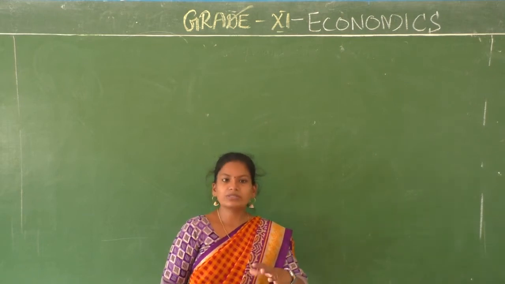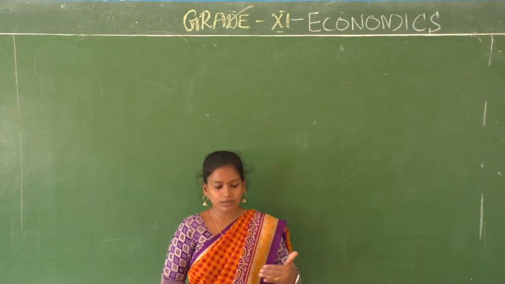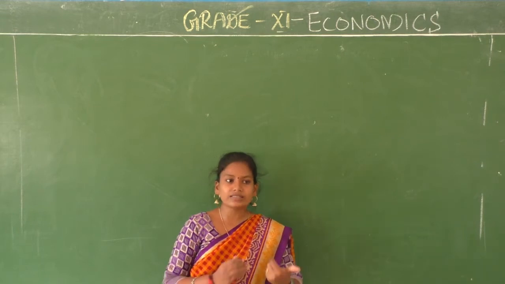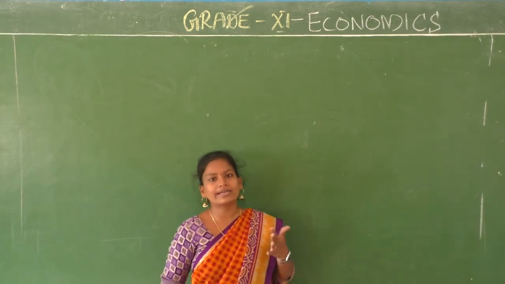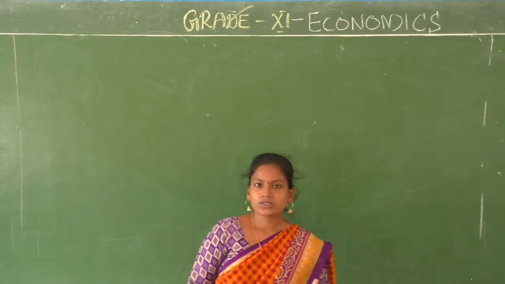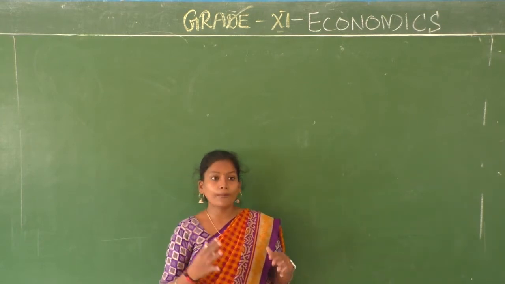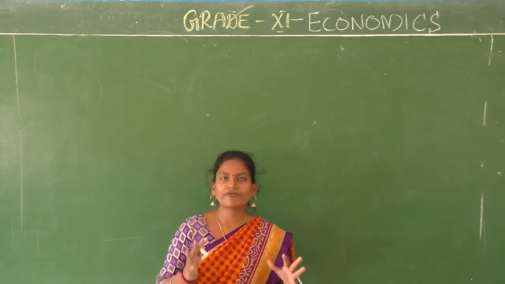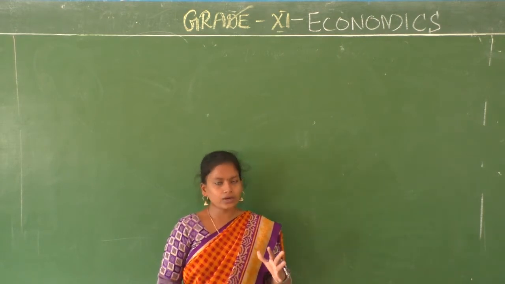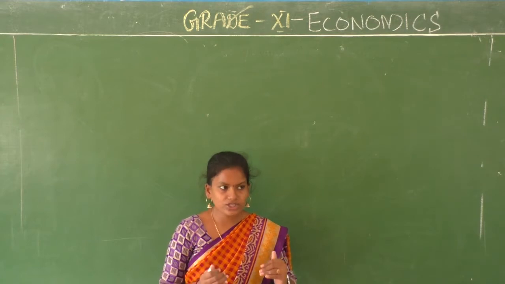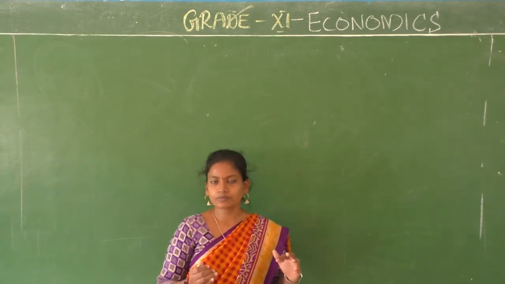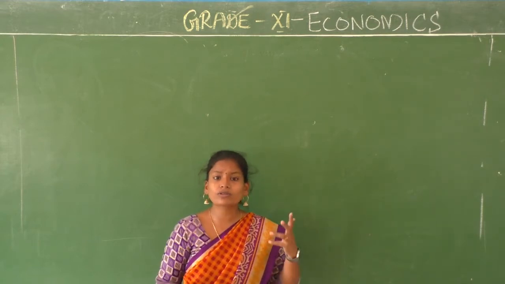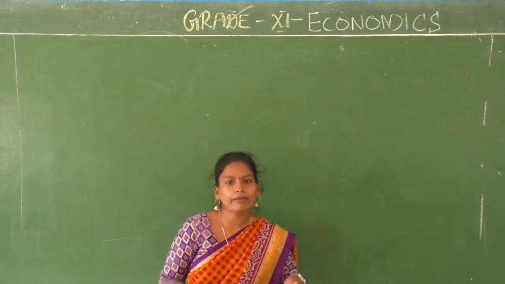Clear children, survey means what? It is a method of data collection for getting information and changing that information into data. Right. So we discussed how a poor question looks and how a good question should be. You should give unambiguous, clear questions. You should give questions that do not lead the answer. That is, you should not provoke them to say the answer that you want them to say.